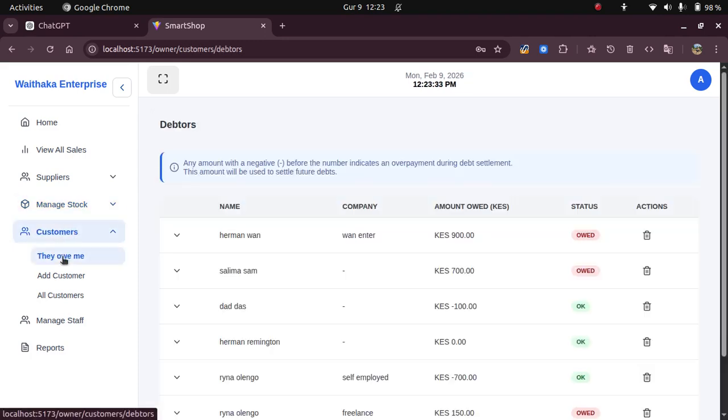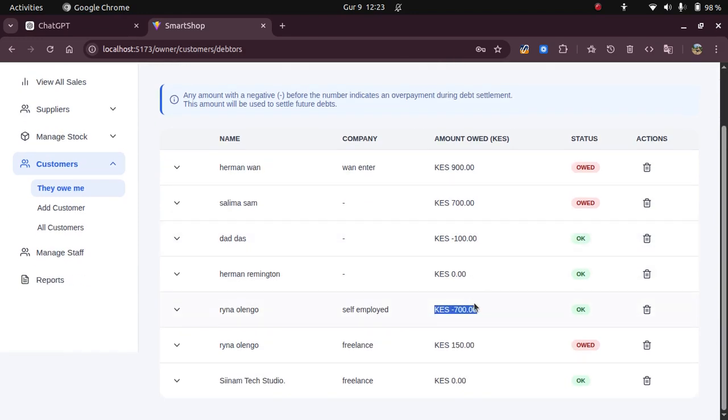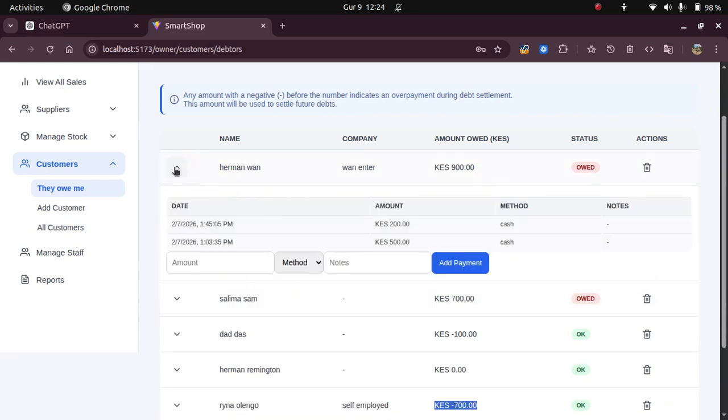So we go check out the customers. Any amount in the negative before the number indicates an overpayment, and the amount will be used to settle future debts. So specific amounts like this or this mean that while the owner was making the payment, the customer, maybe in good faith with the business, overpaid. So let's say if they have a debt of 900, they come make an overpayment, which I can